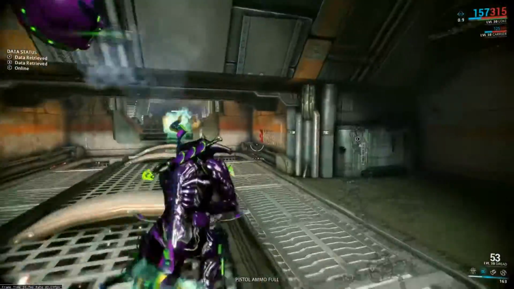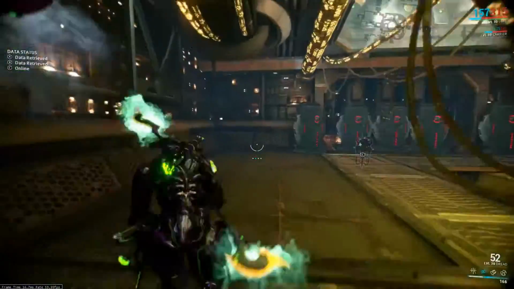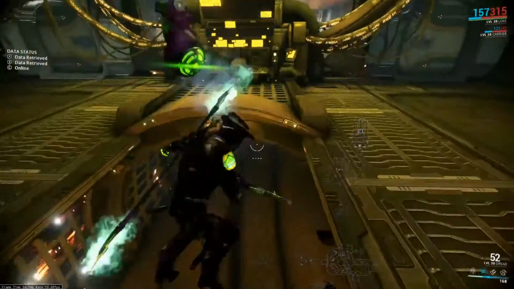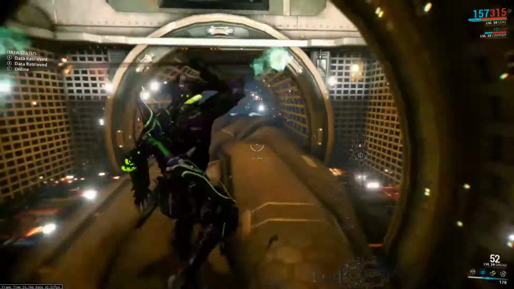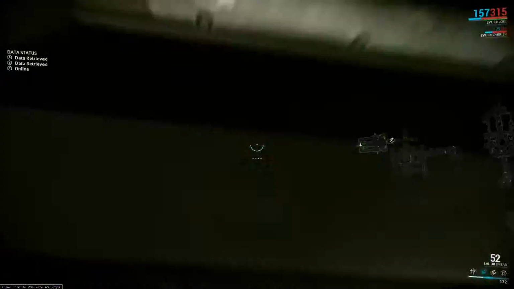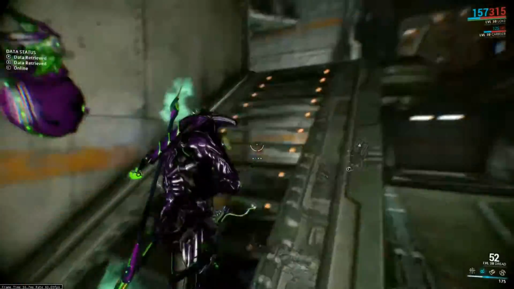Now obviously I already sent the elevator up, so that's not a possibility at this point. So I'm going to run back and go through, if I can drop down there. Here we go. Run back through this way. Now as I go back, I'm going to show you the side vents that you can go through to avoid